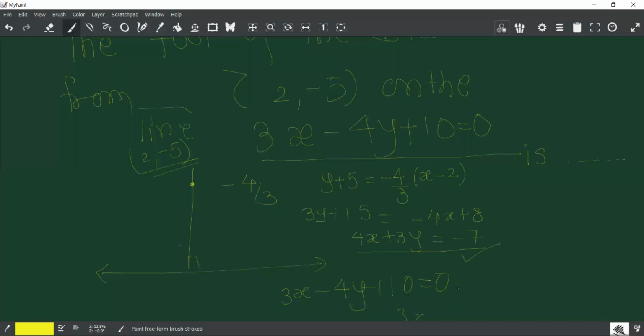Now you have to solve this with this simultaneously. So you will get the point of intersection. Yeah, because this is the foot of the perpendicular, which is the point of intersection of this line and this line. Oh, you did it by the formula. Very good. Chalta hi hai. If you know it, nothing like it. But when you are solving subjectively, this formula may not work. In MCQs, it is okay. Not in subjective.